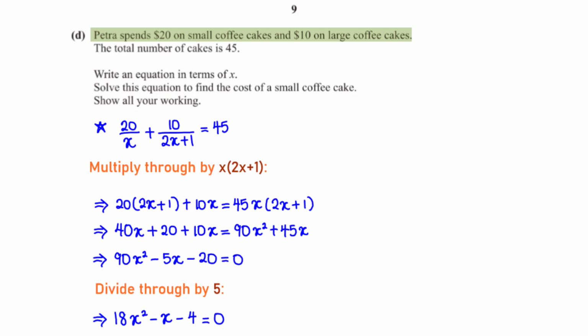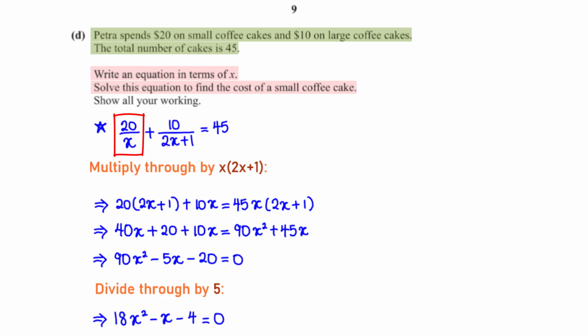Petra spends $20 on small coffee cakes and $10 on large coffee cakes. The total number of cakes is 45. Write an equation in terms of x. Solve this equation to find the cost of a small coffee cake. Show all your working. The number of small coffee cakes Petra buys is equal to the amount she spent on